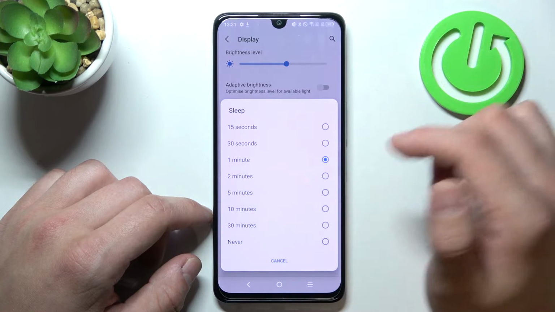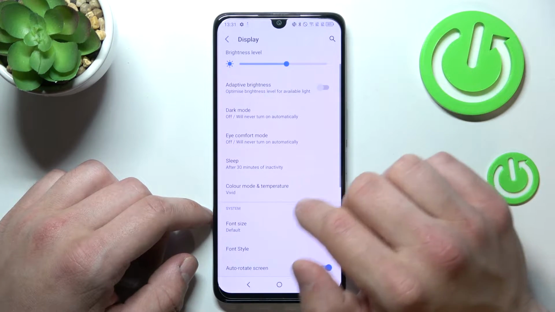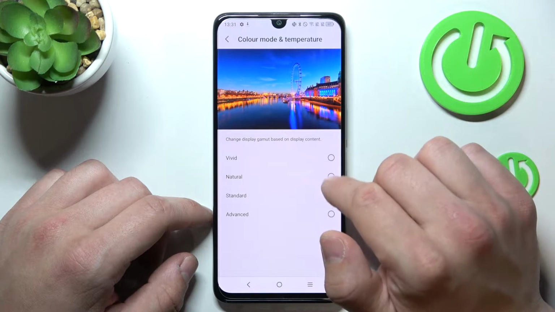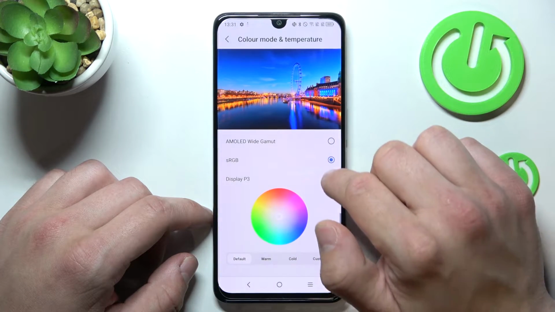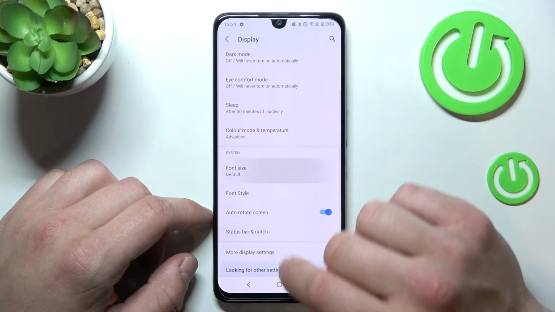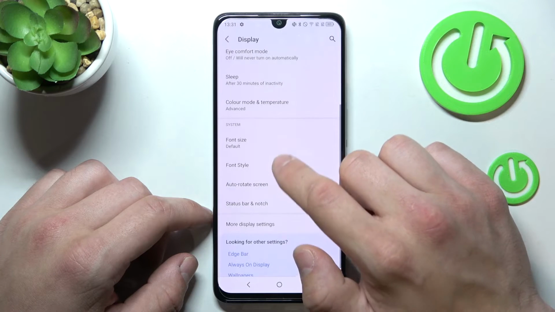Next, we can change sleep timeout between 15 seconds and 30 minutes or never, change color mode and temperature between vivid, natural, standard and advanced, change font size, font style,